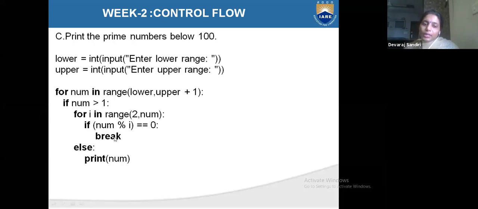If number modulo i is equal to 0, that is, if you get the remainder 0 when you divide by i, then the loop will break. You will break the statement, and otherwise you will go to print number.